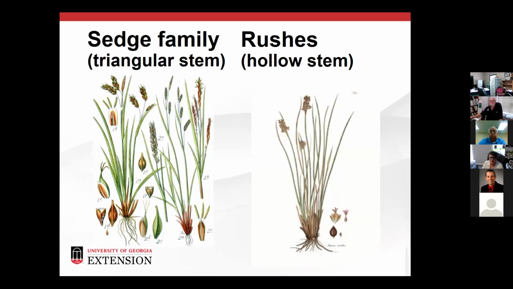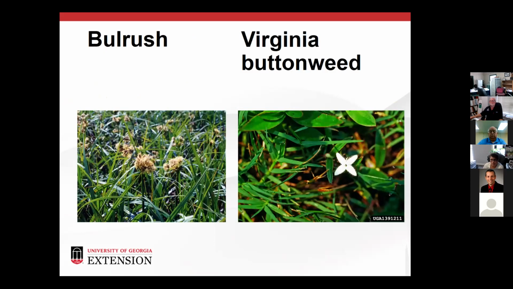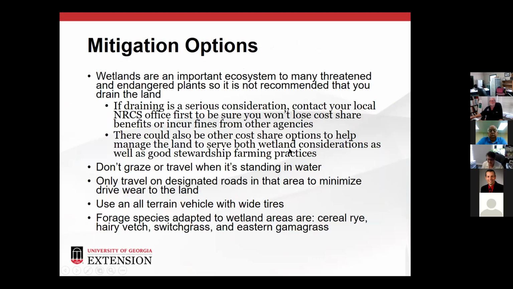Rushes and sedges all do very well in very wet soils. Varieties like spike rush and flat sedge, bulrush, buttonweed, smartweed, and this one is a reed called canary grass. To mitigate situations here, you're going to want to